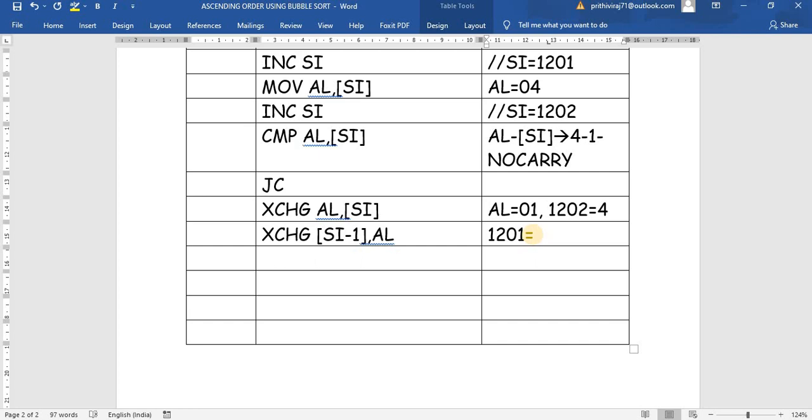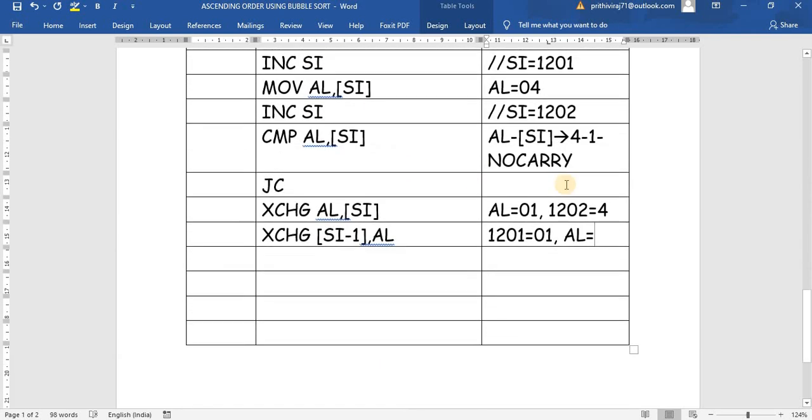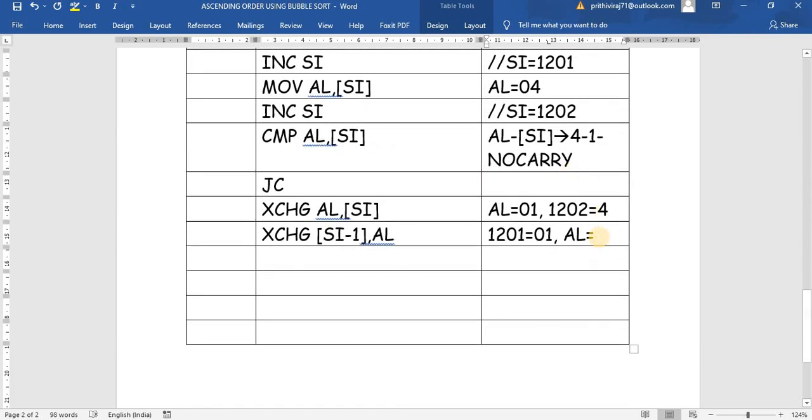So it becomes 01. And in SI minus 1, what is the value we are having? We have 04. That will be transferred over here.